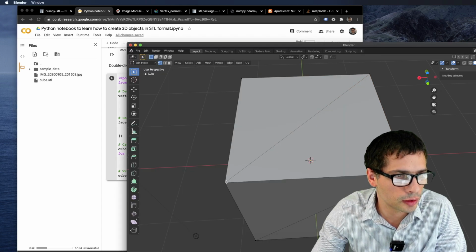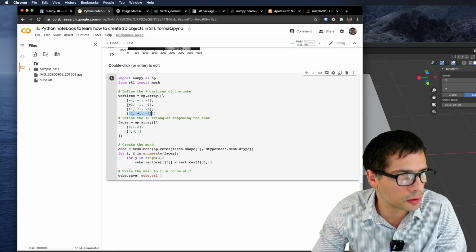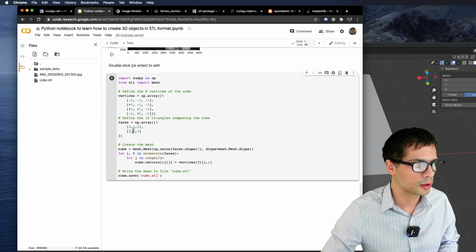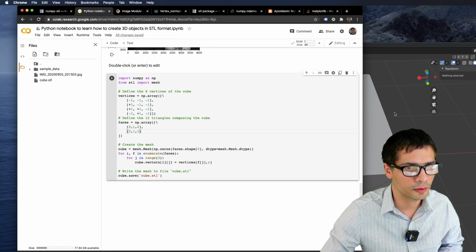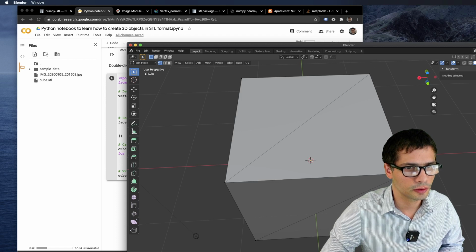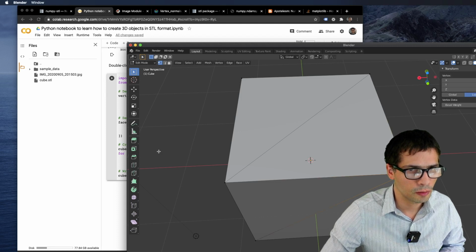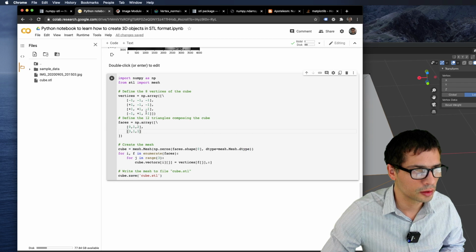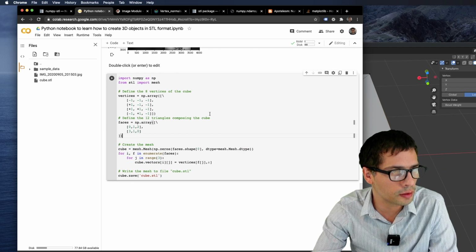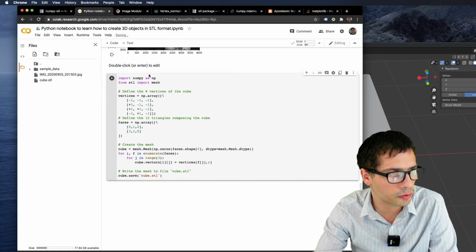Then this one is 1, -1, -1. Okay, the second one, which is 1. The final vertex is this one. -1, -1, -1. No longer is going to be a cube. It's going to be just a surface with 2 triangles.